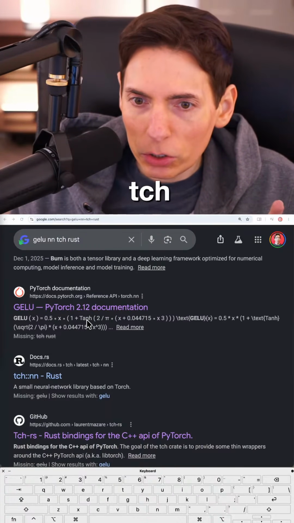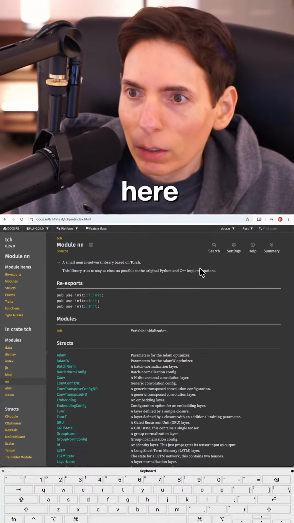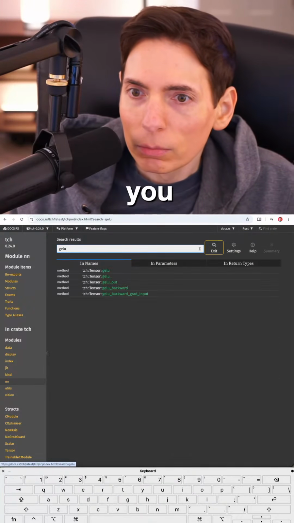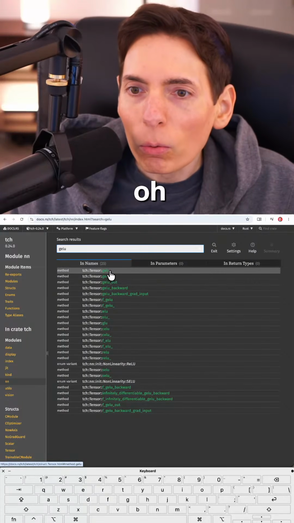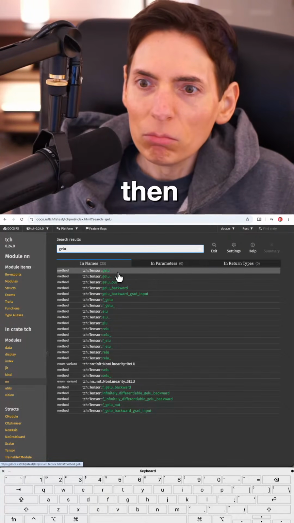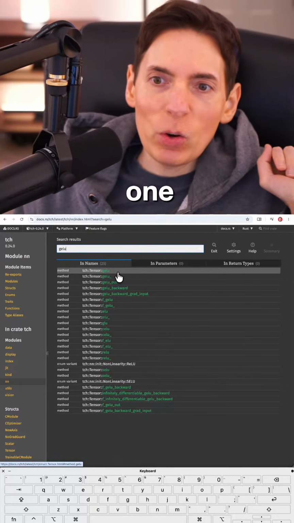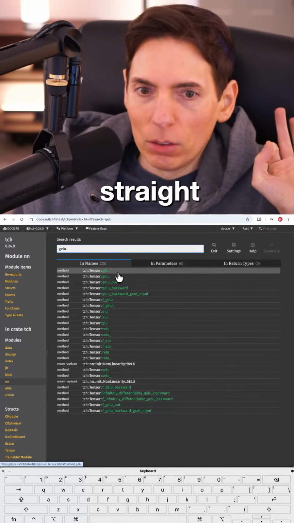I want the tch GELU. Yes, Rust right here. Search GELU. Right there. Oh, wait, really? So it would just be .gelu then? So then we don't have to bother with it. We don't even have to create one. We just use it straight.